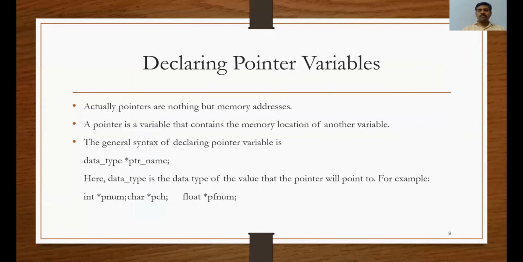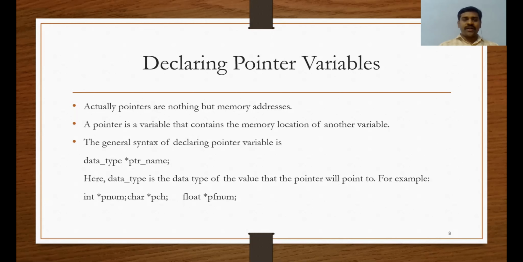Yes, Andy. This is the last video that we have covered: what is a pointer variable and how to declare a pointer variable. So I am recalling the definition of a pointer variable. What is a pointer variable? A pointer is a variable that holds the address of another variable.